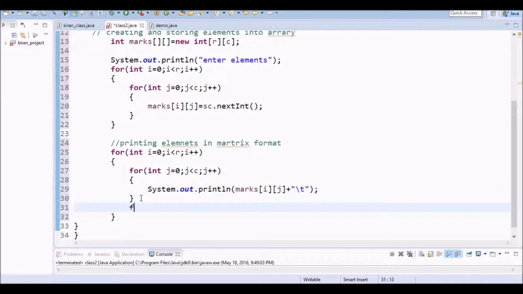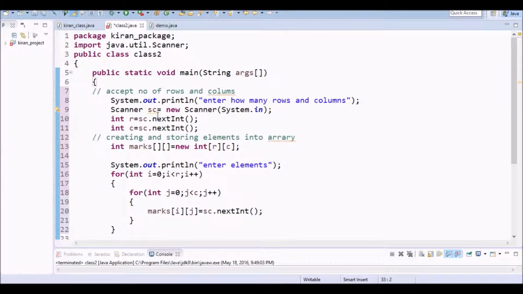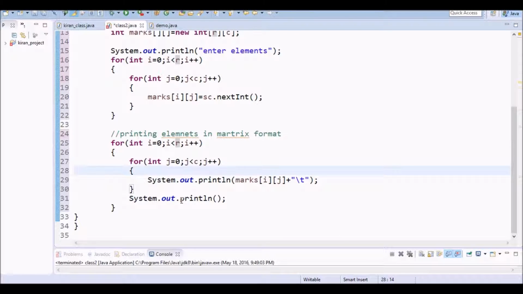After every row, you want to move to the next line. That's why we are using System.out.println. Okay. So this is the whole program to accept the elements from the keyboard and print the elements in matrix format.